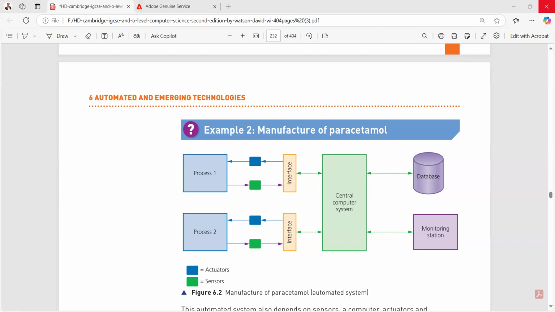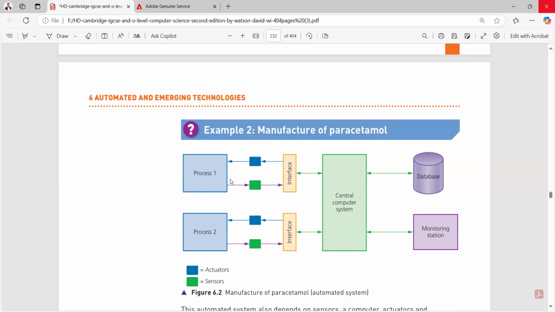सर सबसे पहली चीज़ तो ये दोनों प्रोसेस मॉनिटरिंग स्टेशन से मॉनिटर हो रहे हैं। हमारा जो कंप्यूटर सिस्टम है वो डेटाबेस एक्सेस कर सकता है। और सर मुझे प्रोसेस 1 और प्रोसेस 2 का सही से समझ नहीं आ रहा। नो प्रॉब्लम। प्रोसेस 1 है, एक प्रोसेस 2 है। आपके पास दोनों जो है वो मैन्युफैक्चर ऑफ